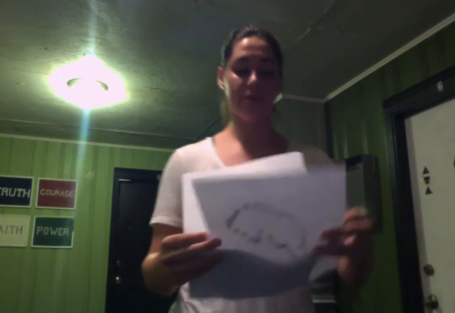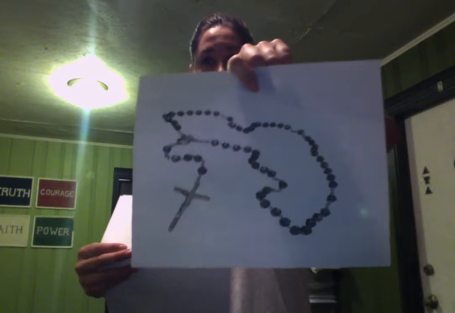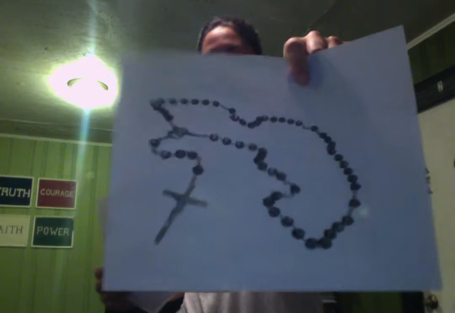And then the next set of beads, there's 3 beads. So you would pray the Hail Mary. And it's 3 Hail Marys, a Hail Mary on each bead. And at this point, you're supposed to meditate on the 3 divine virtues, which are faith, hope, and love. And then the link in the chain that comes after the 3 beads, that is when you pray Glory Be to the Father. And then after that, there's a single bead, and this is where you announce the first divine mystery of contemplation and pray the Our Father as well.